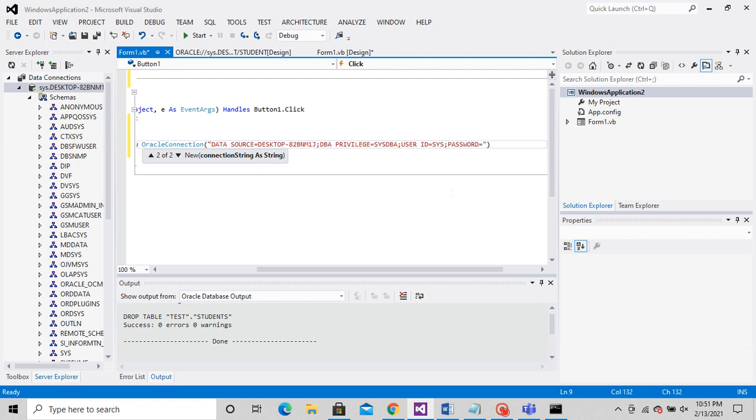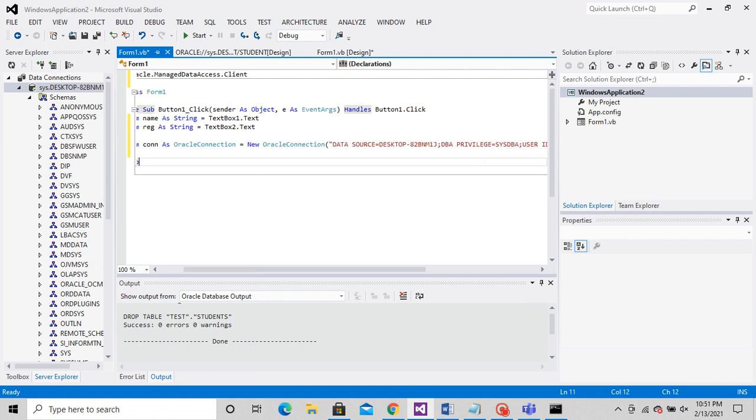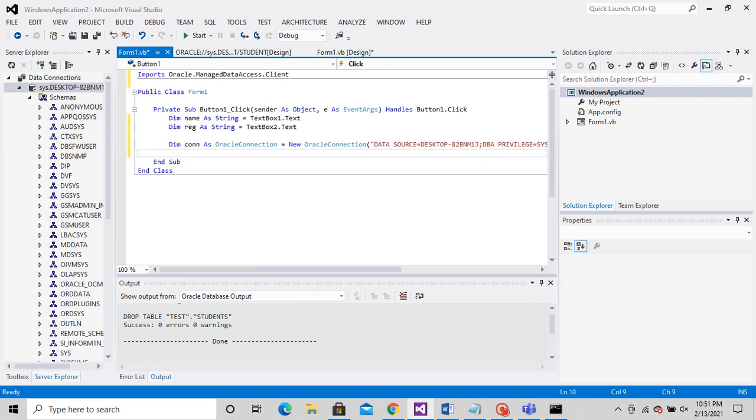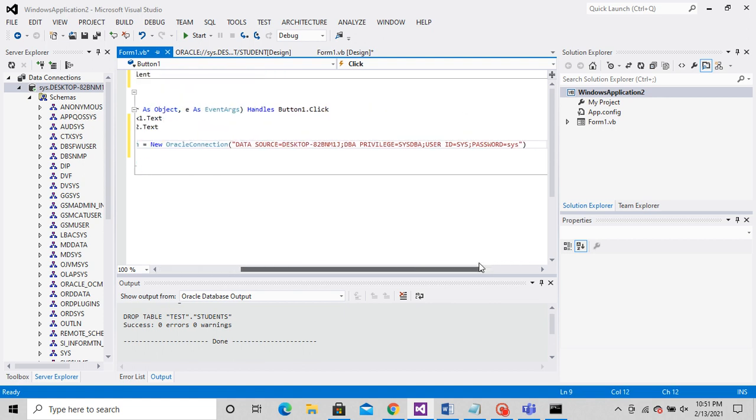Type password equal to, and you have to type your own password. Since I had given the password, I am typing that. This is the same password which you set up while setting up Oracle. You had a username and password, so this is the same password.